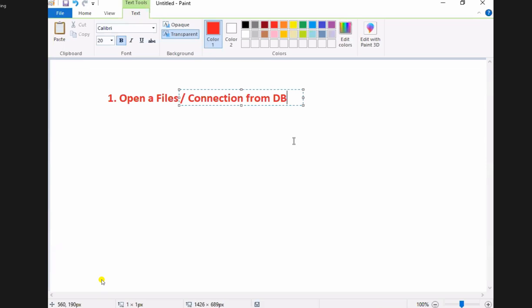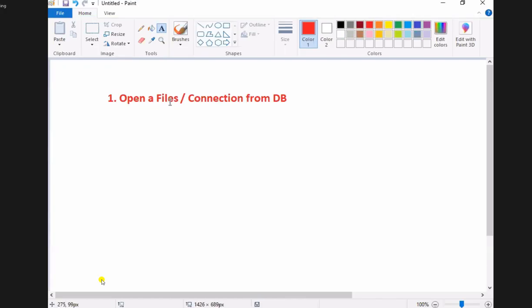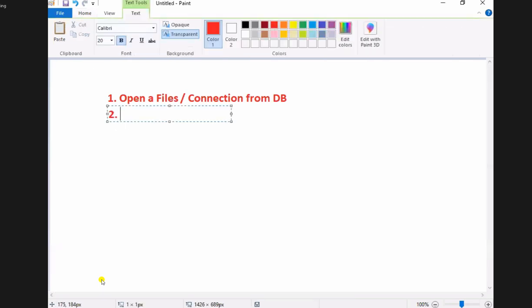That's why when you go to the Django level, MVT architecture comes. Model View Template, full form. That model component is nothing but the database connection, we can call. Anyhow, I got a database connection, or I opened the file in line number 1. Why did I open the file or connect to the database? To read the data from the files, or to read the data from the tables of the database.